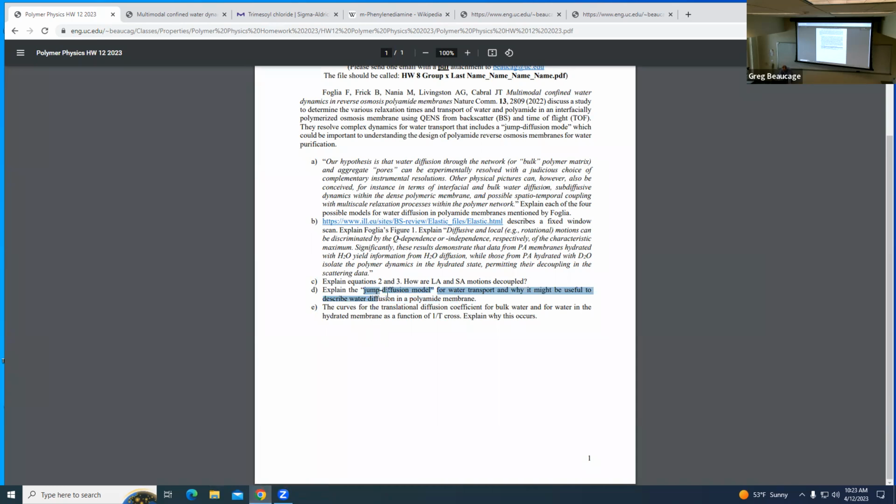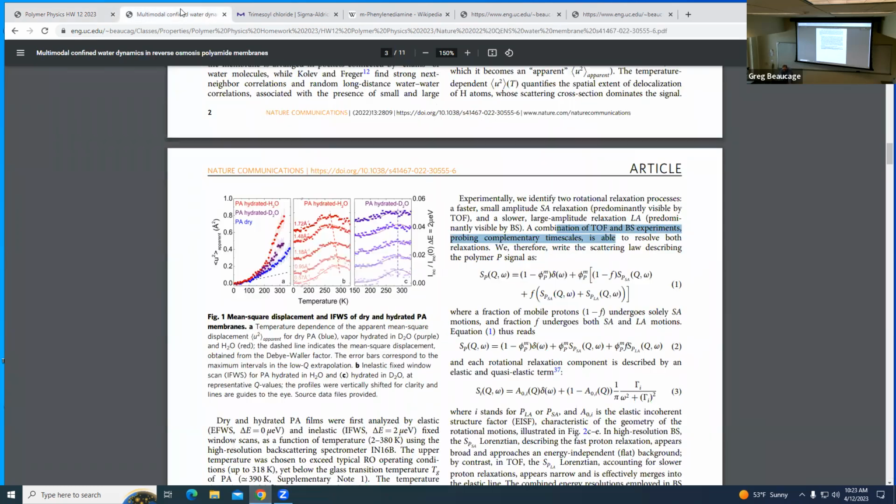It's one model. If you want to modify the structure and then affect the diffusion, then this is a good model to use because it's structural based, right? And then curves for translation diffusion coefficient for bulk water and for water. That's the thing I said before. They cross because of the